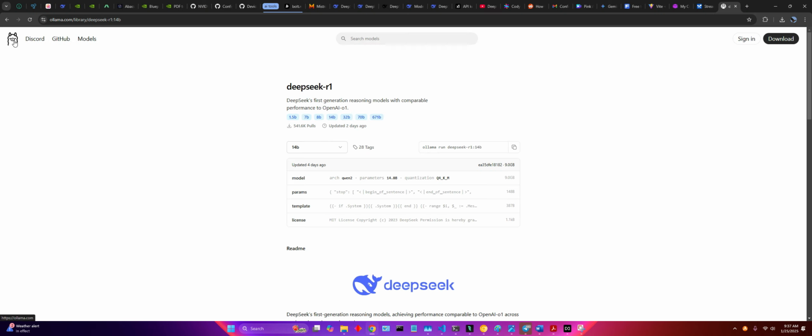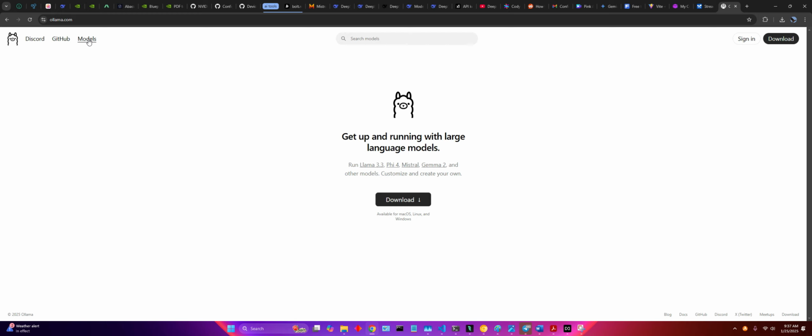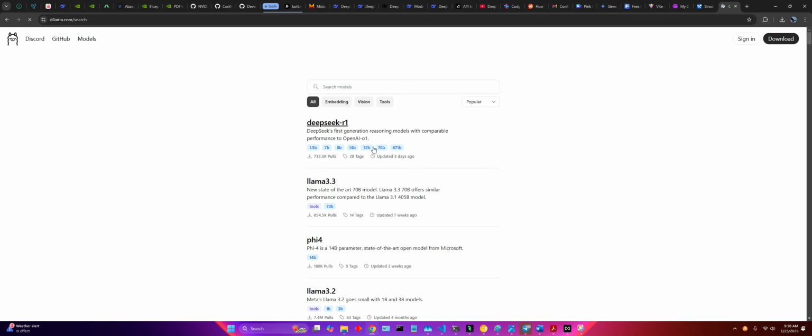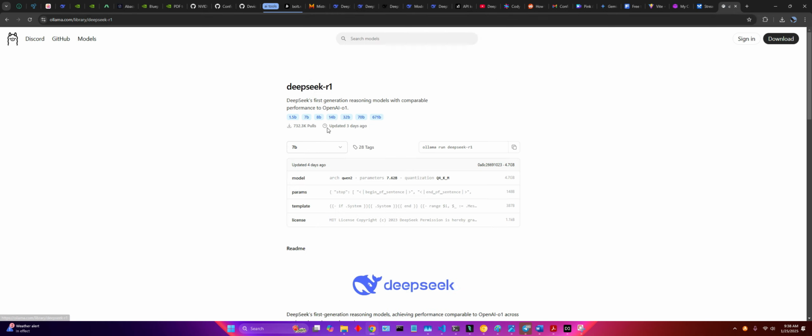This is from Ollama, Deepseek R1, and this is the home page. You just click on models and Deepseek R1, go into Deepseek R1, and you can select from your different parameters. I'm going to get the 32 billion parameter model as well. Copy that, and then when